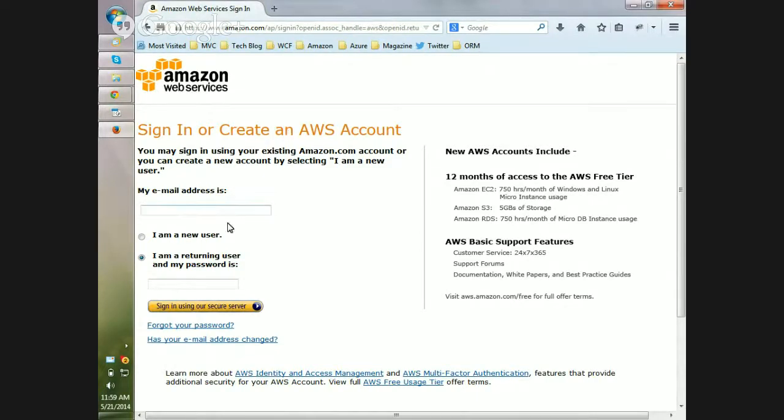You have to sign up for the Amazon account. This is for EC2, 750 hours of Windows or Linux micro instance. You cannot get the major instances obviously; they give you micro instances which have very limited capability. Then for S3 storage, you get 5 GB, and these are monthly repeated. You get everything per month. Then 750 hours of micro DB instance, and every feature is available in the free tier with its limits. So you can create an account. Since I have already created one, I will skip that part. This is all about the introduction and how to create an account.